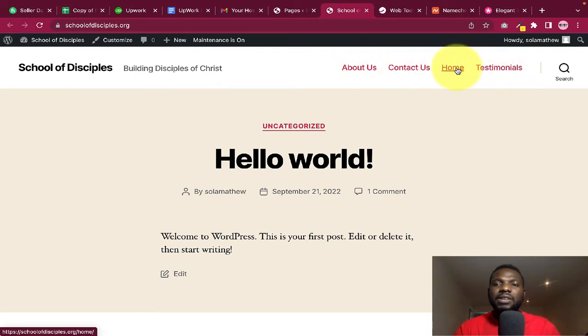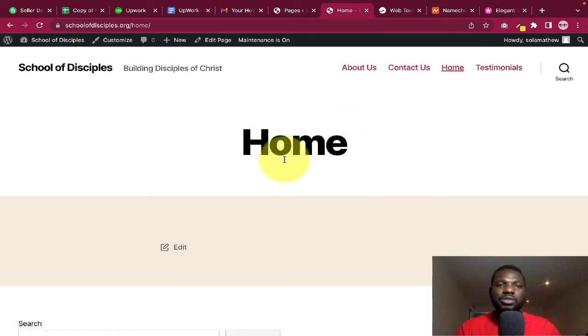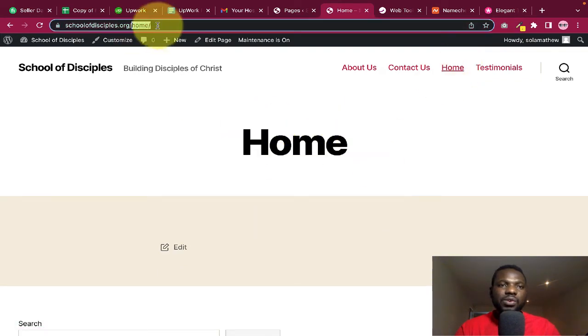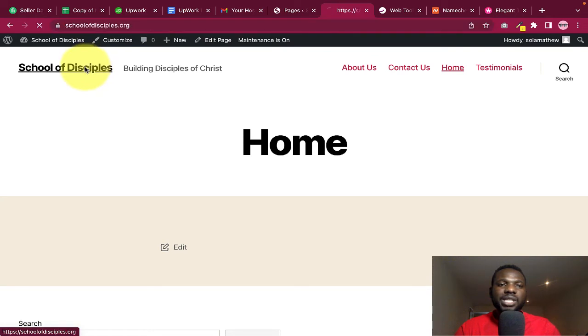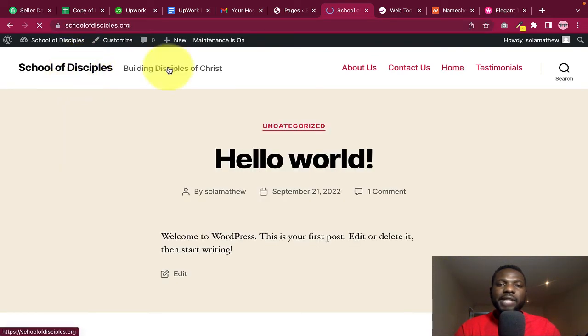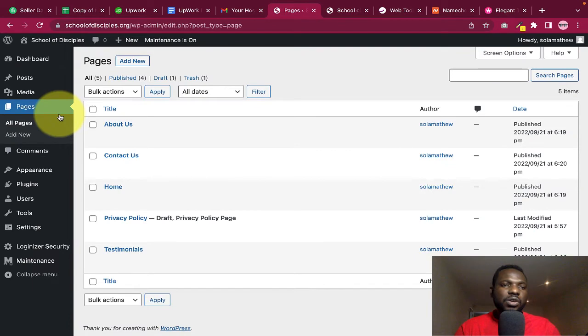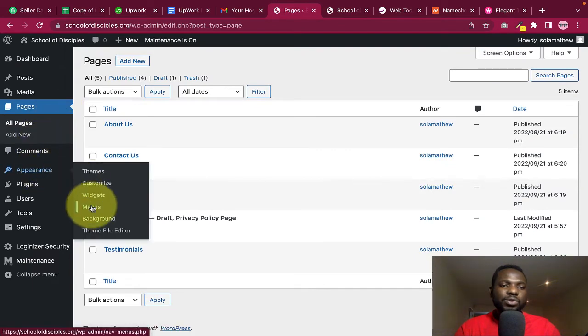Now if you click on this home, you see it's brought us here. It's still showing this home at the front of the website, but we don't want it to be like that. Anytime somebody clicks on the home, we want the person to come to this home, right? So what we're going to do is we go to appearance, and then we go to menu,